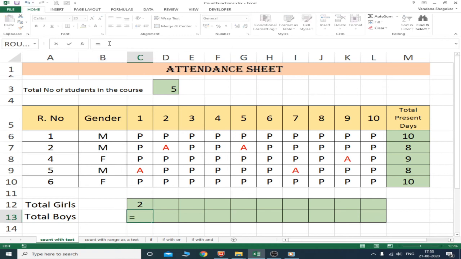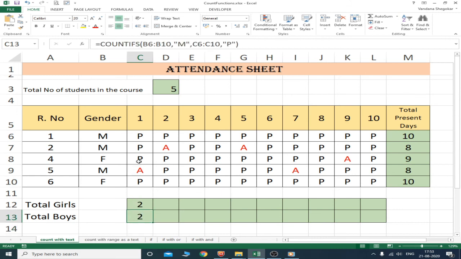The formula will be equals to COUNTIFS, same thing, criteria 1 I have taken for gender. Now we want to count for boys, so I will write M, and along with that we want to count only present boys, so I will write the second criteria as P. Now you can see here 2 girls are present, 2 boys are present.